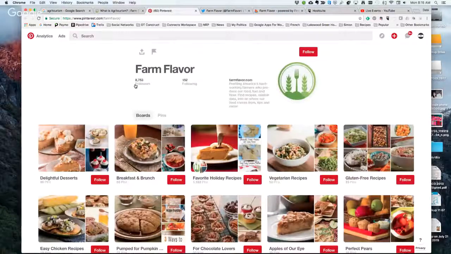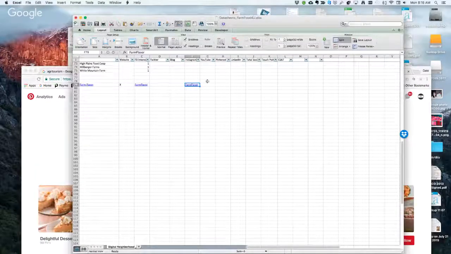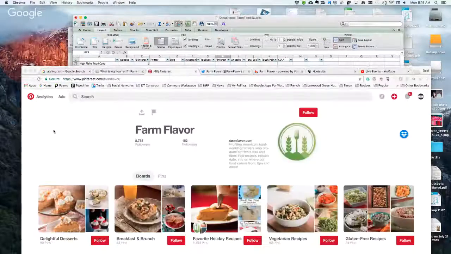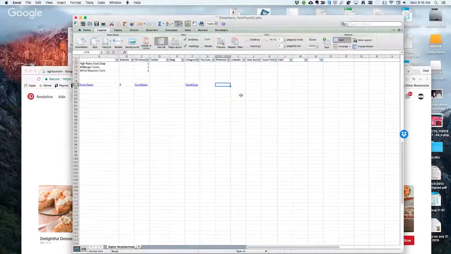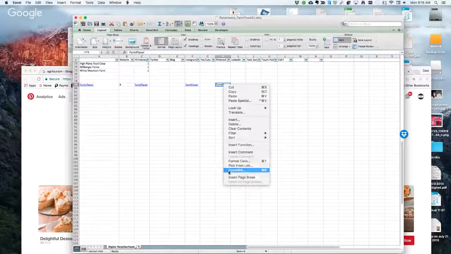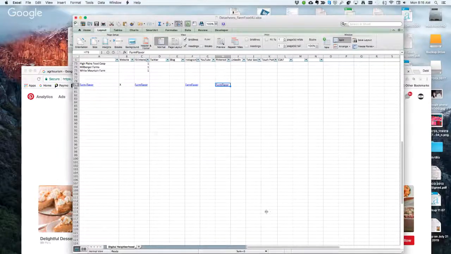They have 8,753 followers. They're doing well. This is a good resource for content, for learning, for connections most likely. And again, sure enough, Farm Flavor is their handle. I've got a feeling they've been at this for a while because they so successfully captured their names across the board.